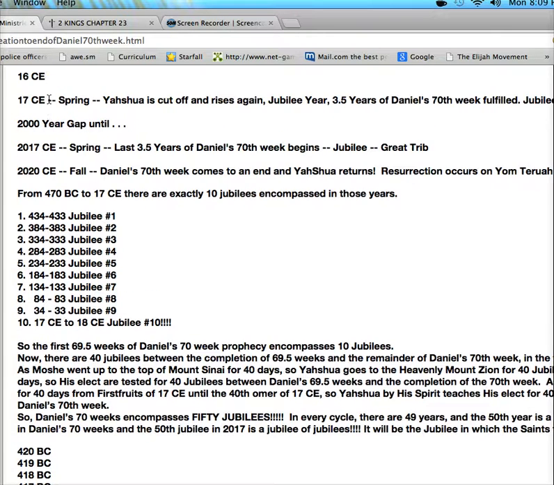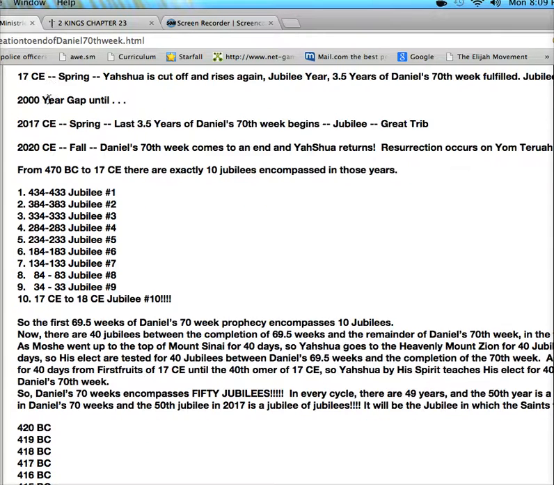Well, not only does it match history, but also 17 is the only year that a major earthquake is recorded by the historian Pliny happening in the Middle East. So powerful it affects Asia Minor to the north, overthrowing 12 cities, including Sardis. So it's the only earthquake mentioned. And there's a major earthquake when Yahshua dies on the cross. So that's why 17 CE, I believe, is not only the Jubilee, but it's also the year when Yahshua dies and